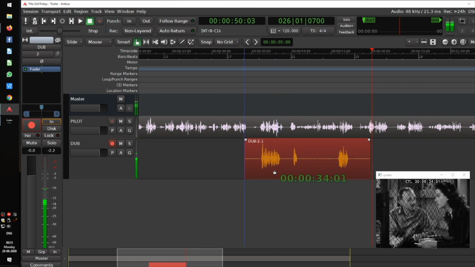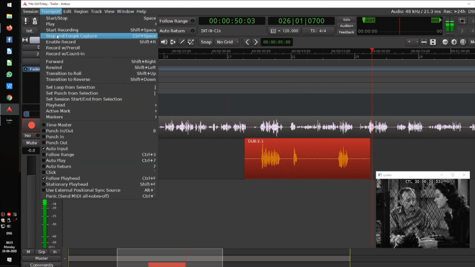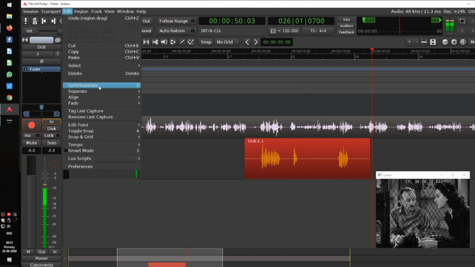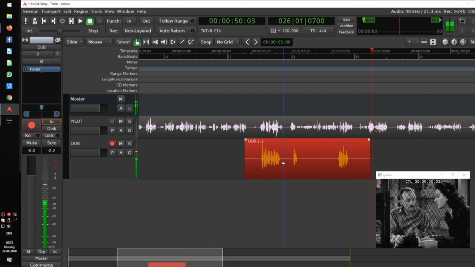Now we can adjust their sync. We can cut a region in between and sync it if we want to. To cut the region, the shortcut is split, separate, S. Now if you see the line on the cursor and the selection, wherever you press the S, the cut will happen there. S, S. We don't need this, we delete. Let's press S here, select the region, press S, delete the region, delete.